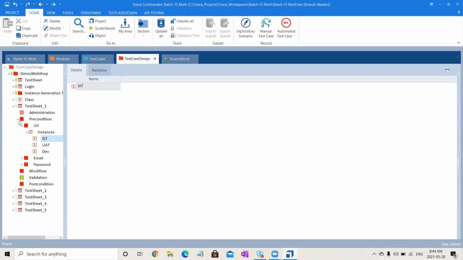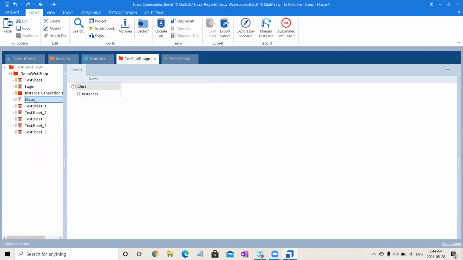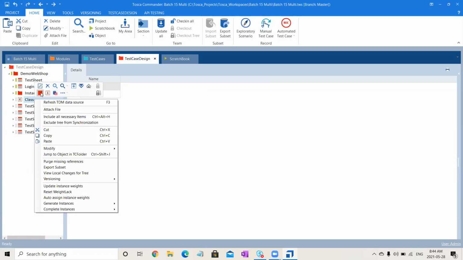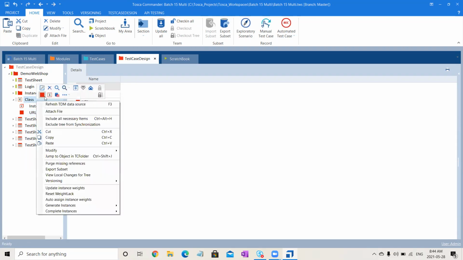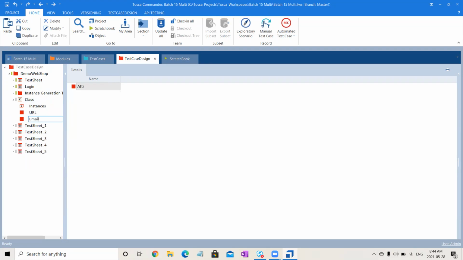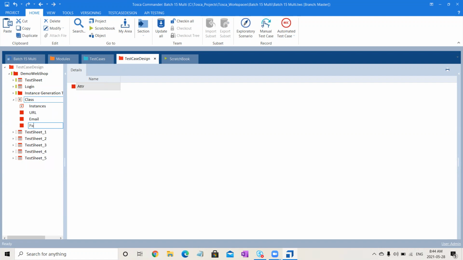So instead of doing that, in the class we will create attributes. You can right click on your class, same as the test sheet, and create attributes here. So what are the attributes that are repeating? URL, email, and password. And what are the instance values that you have? SIT,